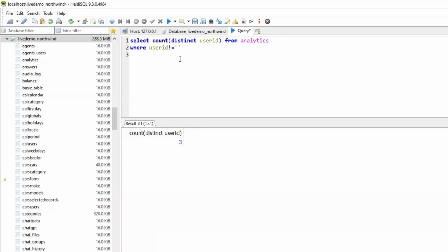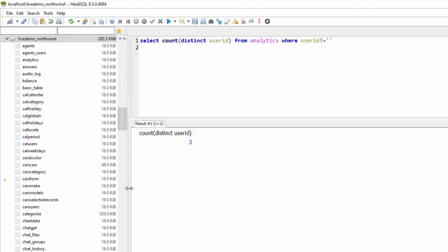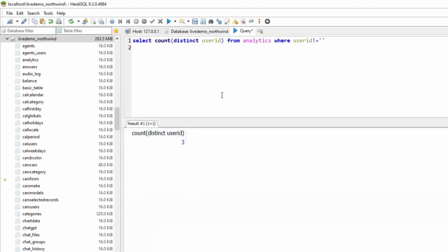Because in some data, when the user first accesses the login page, the user ID will be empty. So these are two options that we need to work on. And let's start building our dashboard. And then we'll see how we can